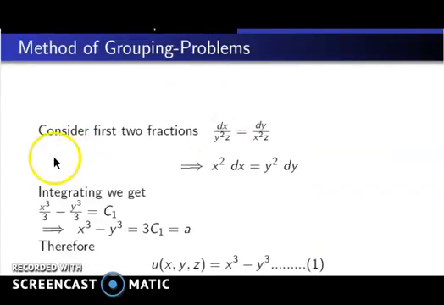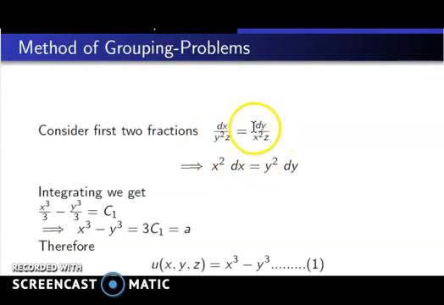Now here we are applying the method of grouping. Consider the first two fractions. Dx divided by y square z is equal to dy divided by x square z. Now when we look into the equation, you can see that these two fractions contain z other than x and y. But in this case we can cancel this z so that we can make the fraction in terms of x and y only. So in both sides we have z, so when we cross we can cancel that z on both sides, so you get